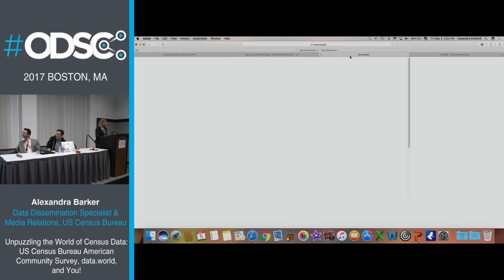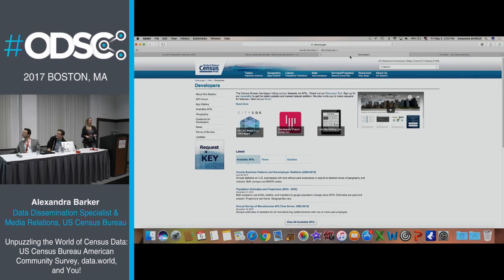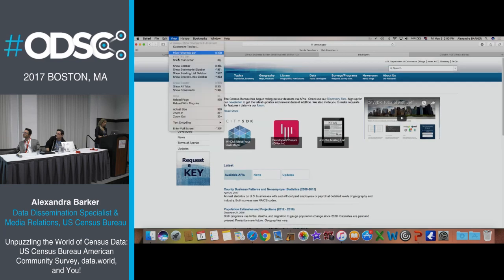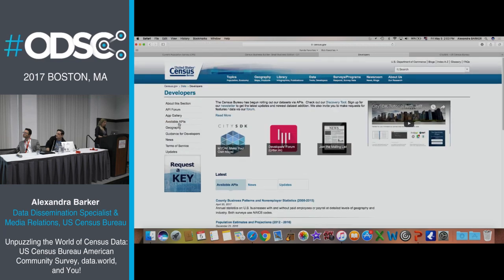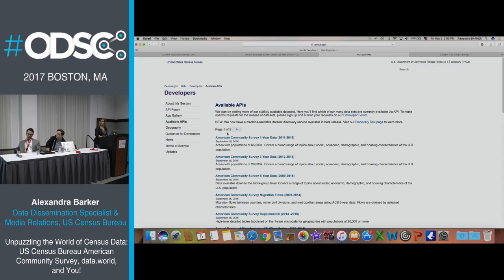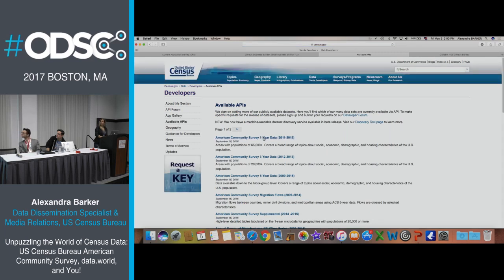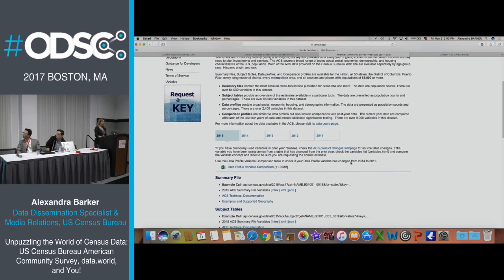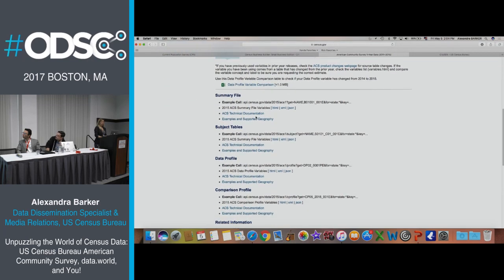Here we go. So from census.gov, we have a page that's dedicated to developers. It's census.gov/developers. From this page, you can, that's small. Let me change the view here. Here we go. You have opportunity to check all available APIs from here. From each API, such as the ACS, when you click on, you see there's more information about the API, the different years available, as well as you can get summary file data, subject tables, they're called S tables.